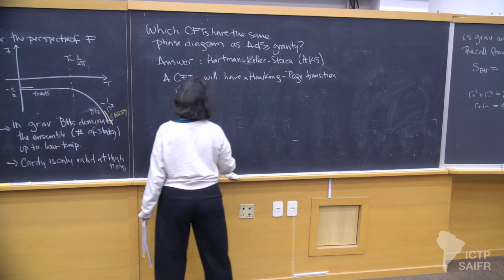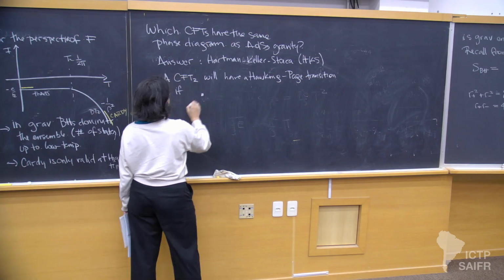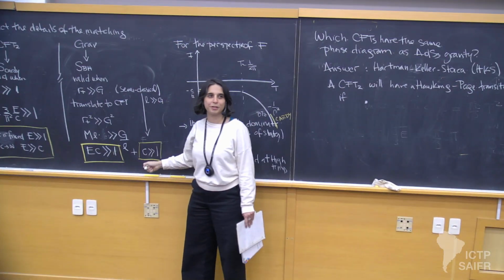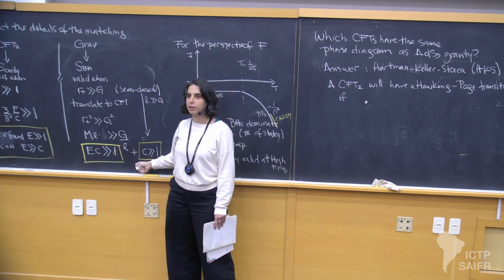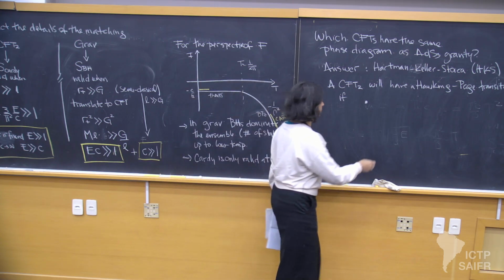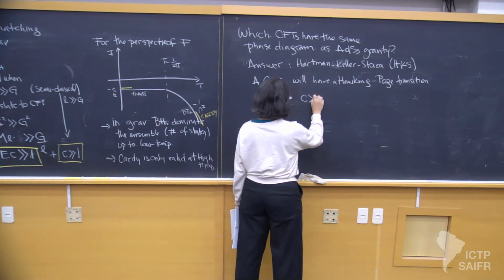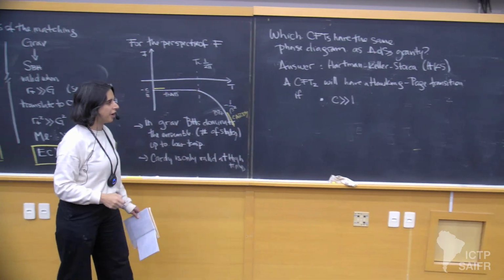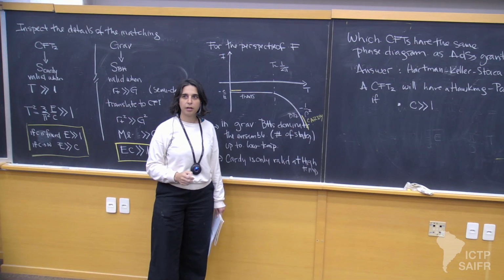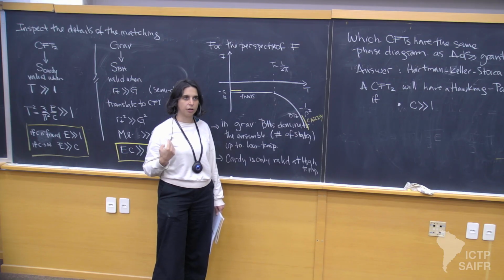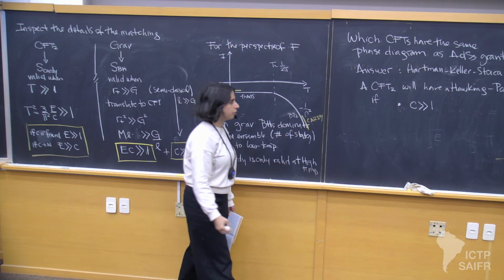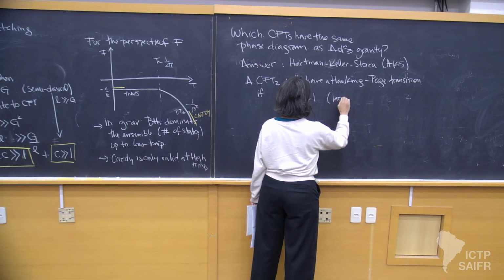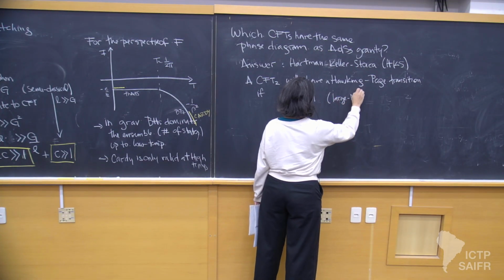If two things happen. So the first thing that needs to happen is that the central charge of the CFT, so you're always looking at CFTs that need to have large values of central charge. So phase transitions are not going to happen at any finite value of C, okay? The phase transition comes about because you took a large C limit. This is also the large N limit in the jargon of AdS/CFT.